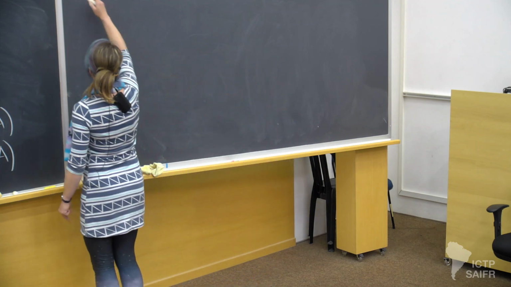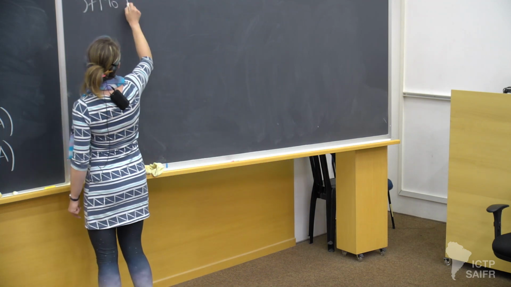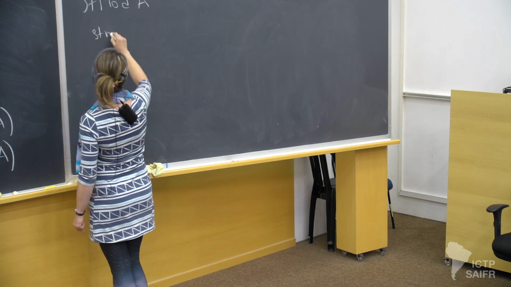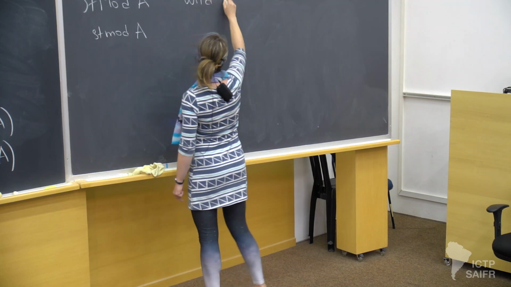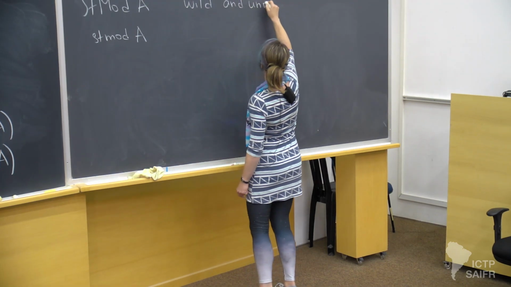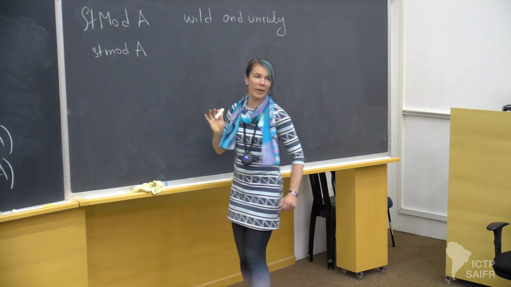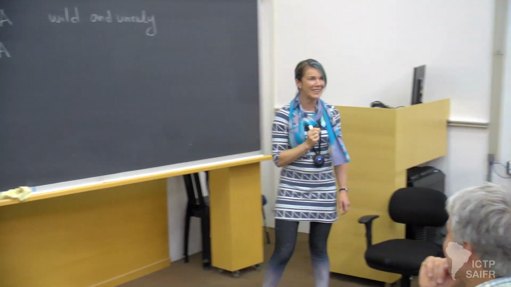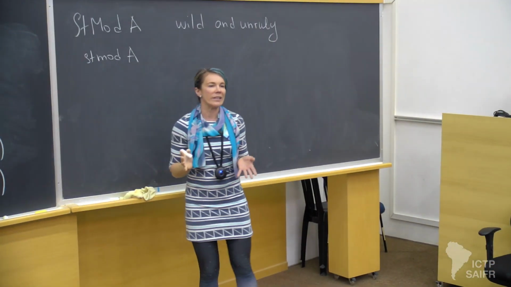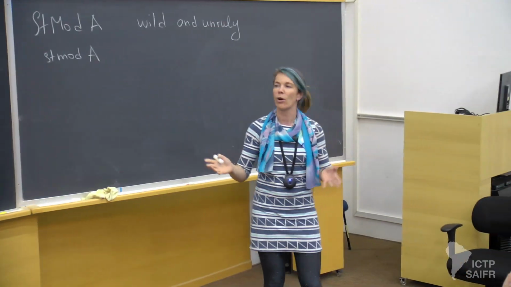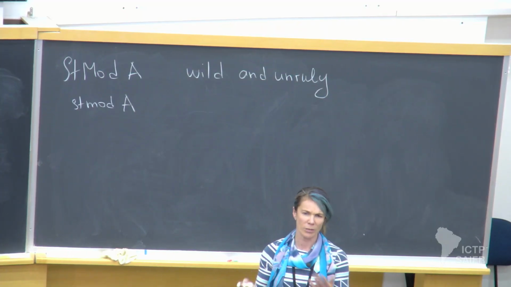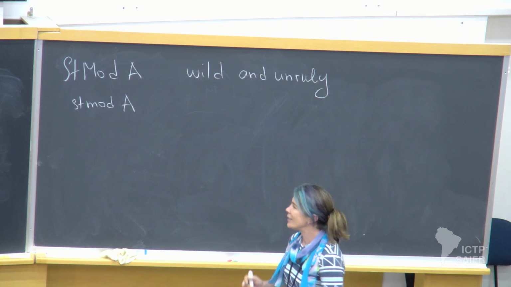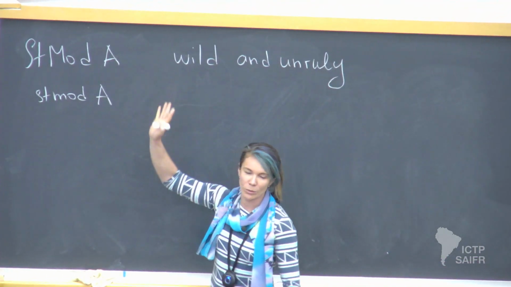And the category is, well, this one is sort of wild and unruly. Where wild is a mathematical term, and unruly is really not. But, I mean, it happens very rarely that you can actually take a Hopf algebra, non-semi-simple Hopf algebra, and classify, say, all indecomposable objects, all indecomposable modules. There are just way too many. And the formal notion for that is wild. So there's no hope to classify them.